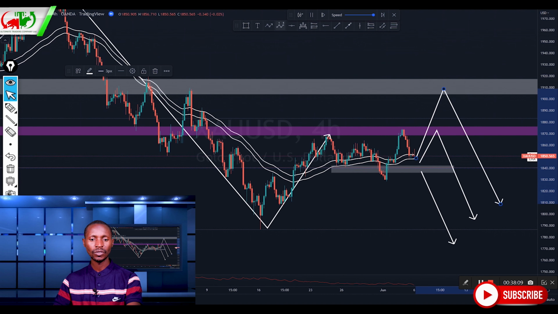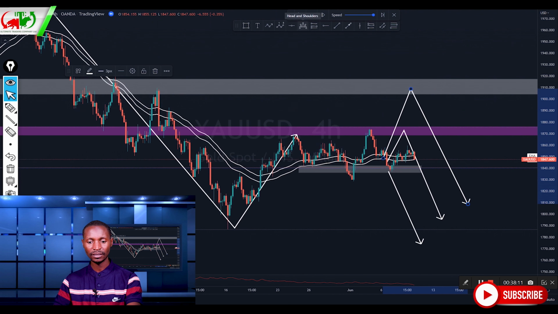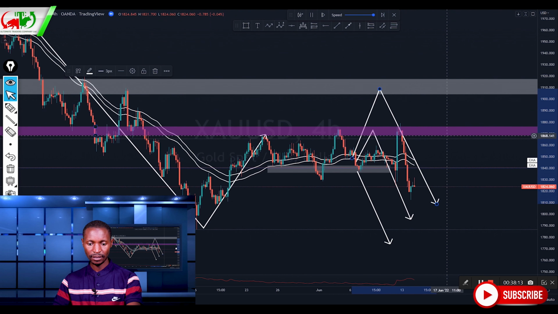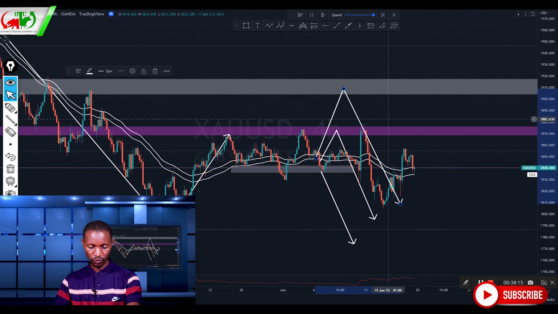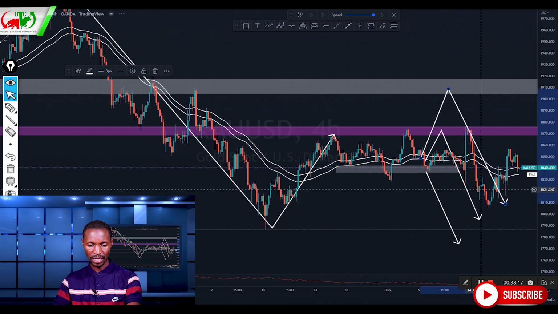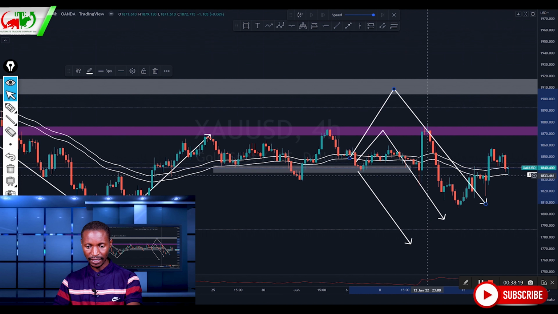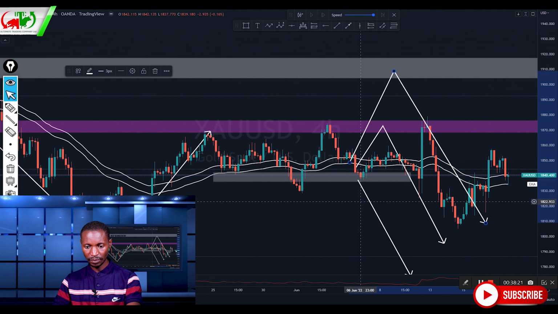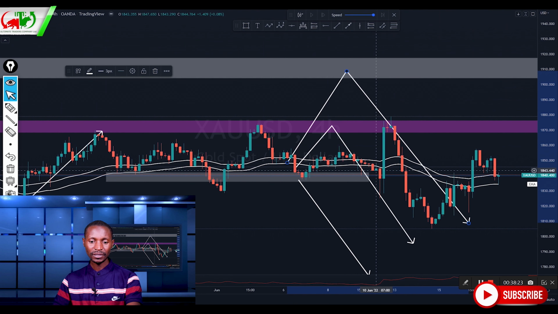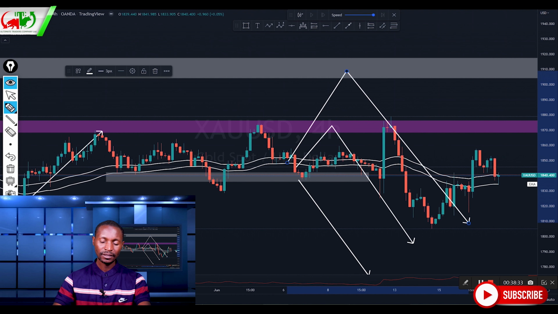Let's see how gold has responded to the technical analysis. It managed to go up to this resistance and then pushed down. Since then it has not made quite a big move from here, but from this technical analysis you see that from this resistance it could make a very nice move down. Let's continue with